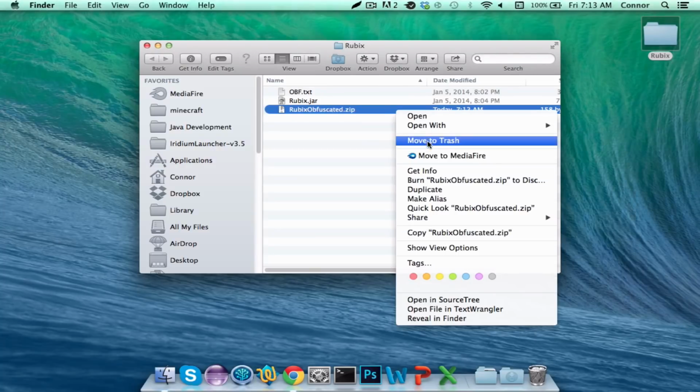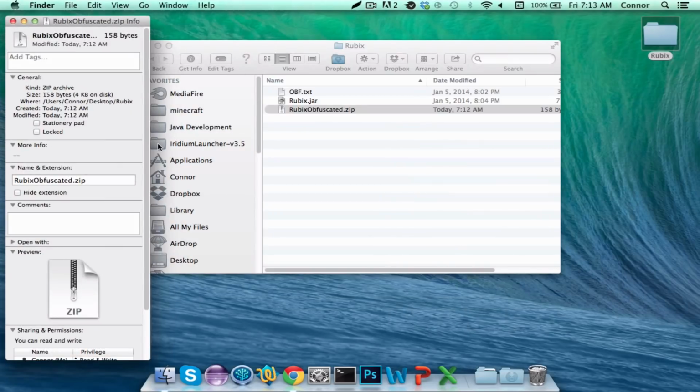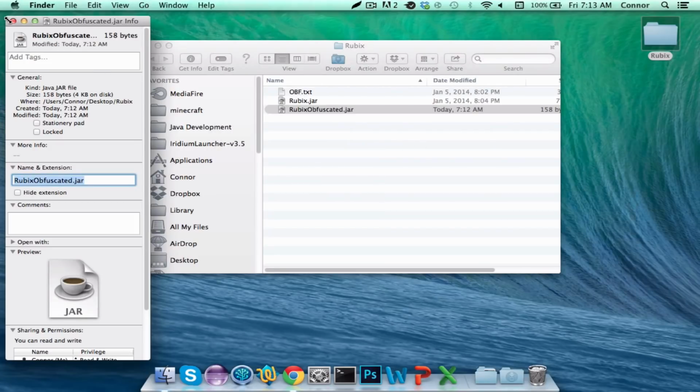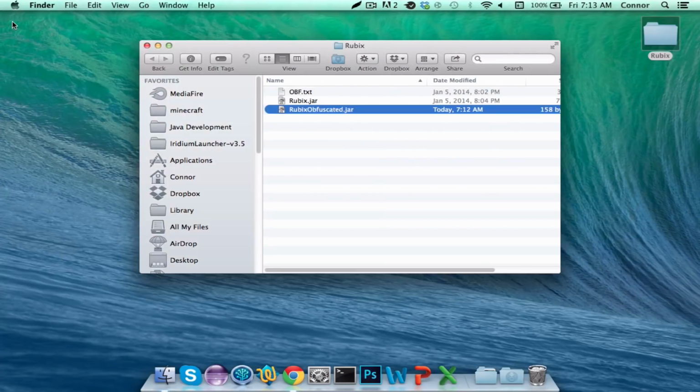And you want to basically make a blank jar and put that in the folder with it. Basically what I did just for Mac is I made a folder, called it Rubik's Obfuscated. I right-clicked on it, I hit compress, threw away the folder, had a zip, changed the zip to jar as you just saw. So that's how you can get one on Mac. I'm not sure if it's a similar method on PC, but